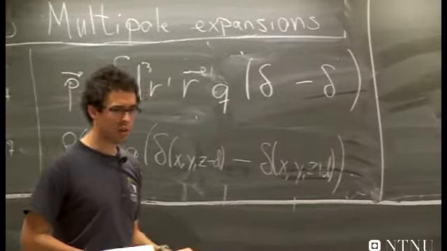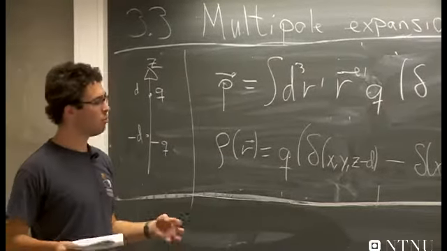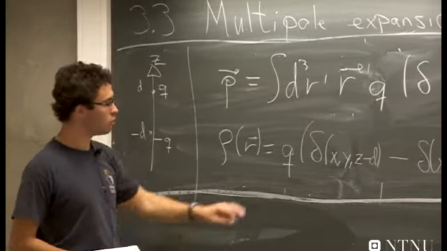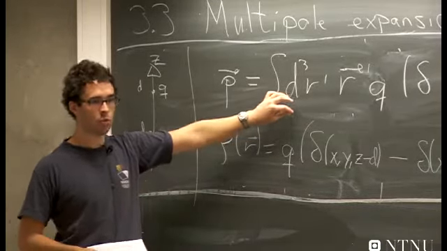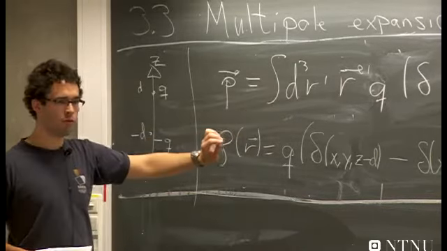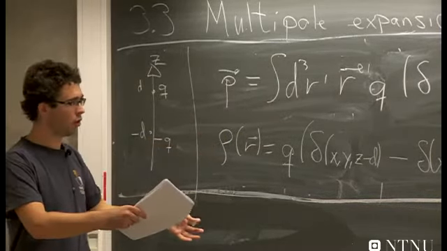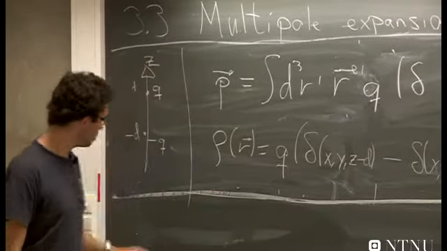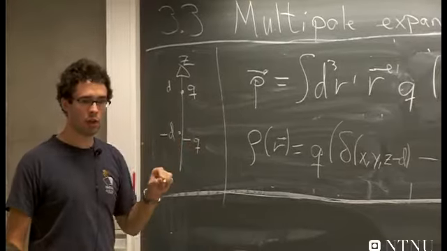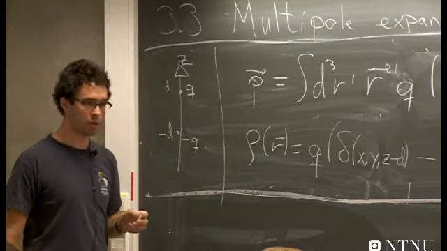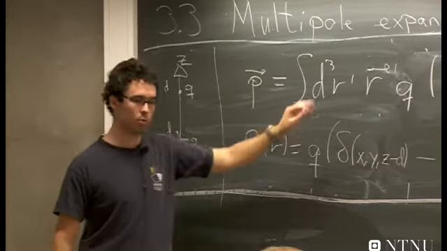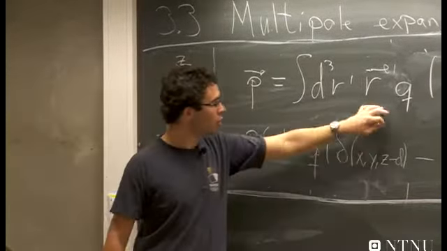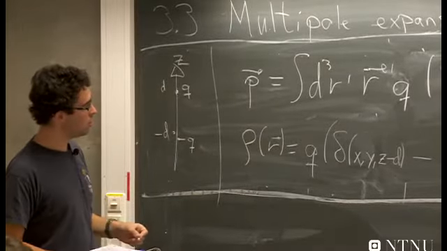And by the way, I think in general it's a good idea to remember, if you want to remember formulas, which you shouldn't need to, but in case you want to, you should try to remember and understand the ones with integrals. Because if you're thinking, I have to remember the integrals for the continuous and the sums for the discrete, well, that's not true, of course, because I could just put delta functions on all the point charges or line currents when you get to magnetics, and we'll get right back to the sum after doing the integral. And now, of course, the integral is very easy because it only picks up the function at these 2 points. So